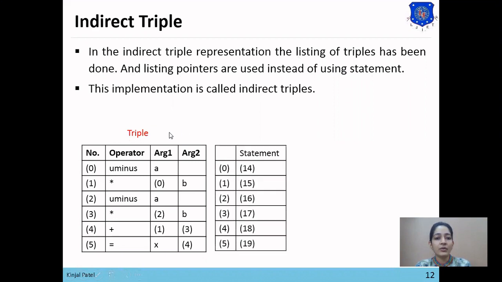So if we want to perform the indirect triple representation, we need to point this address to another pointer. So as here we have used pointer 14 to store the result of memory address 0. Same way, to store the result of 1, pointer 15 is used.